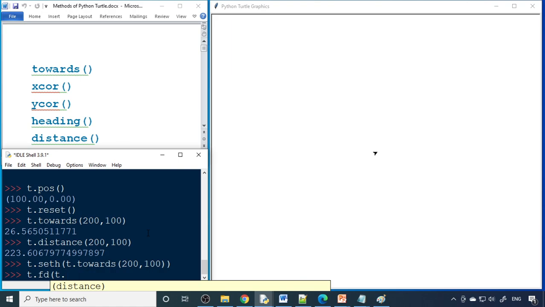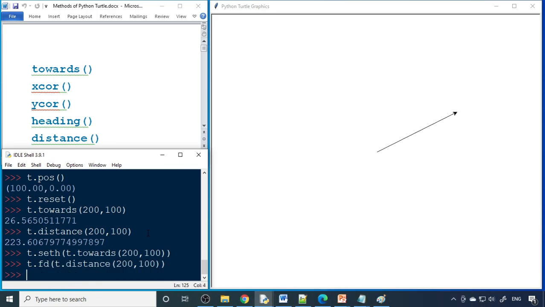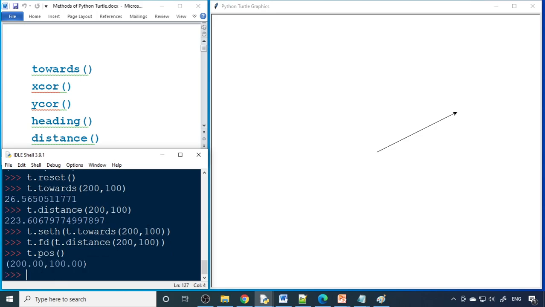So t dot distance 200 comma 100. So now it is the location of 200 comma 100. How do we know? t dot position. So 200 by 100. So that's how you can calculate which direction it should turn and how long it should travel, all can be calculated.